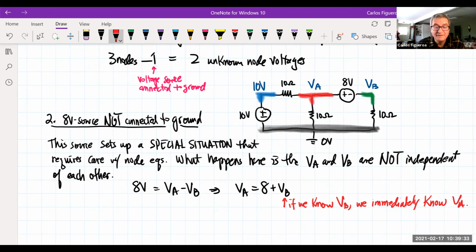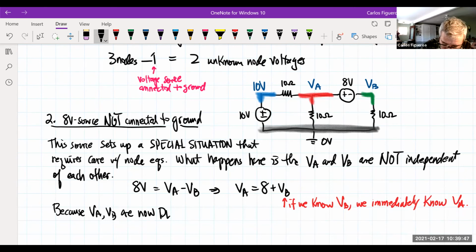And here's what the care is here. Because VA and VB are now dependent on each other,